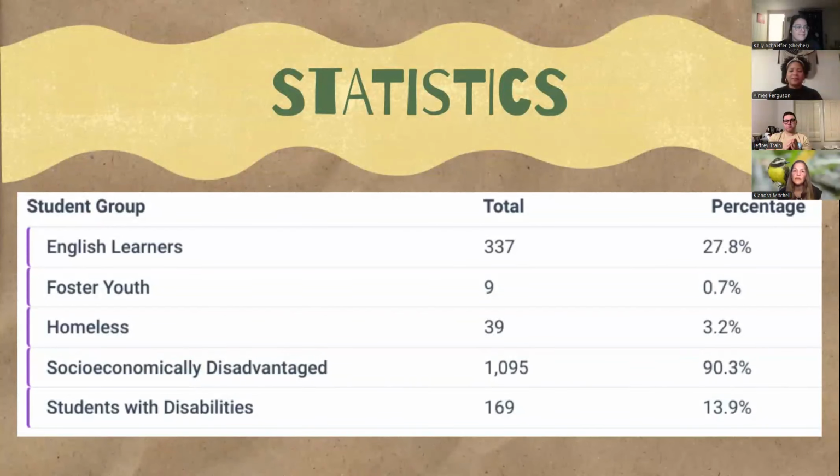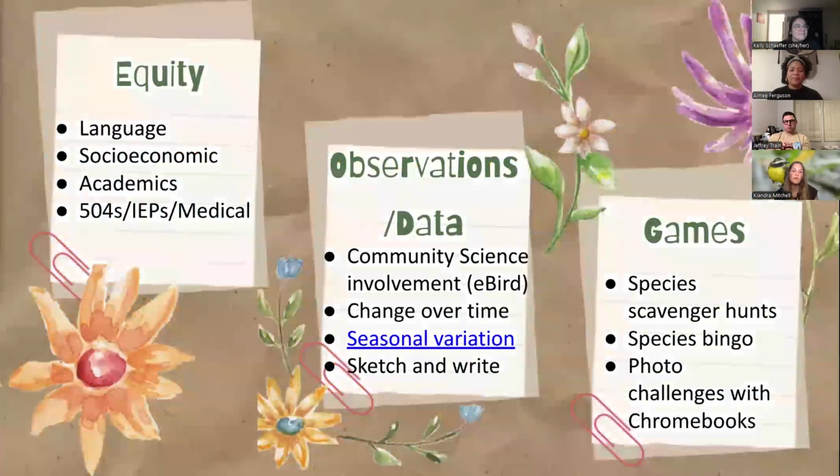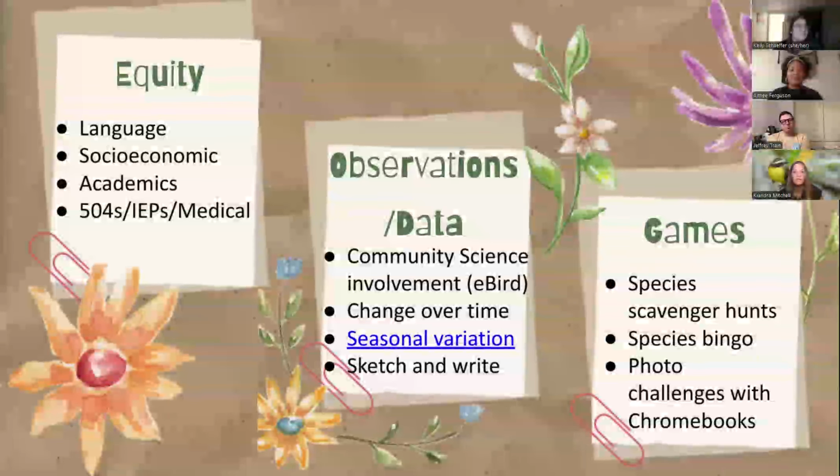So it's a very, very diverse group. The students who are considered English learners are the ones who are very much still learning English. And then we have many more who have been redesignated as English proficient. What I have found with outdoor education, both taking my students birding, which we do once a week on campus, and with my science students going outside for a variety of things, is looking at it from an equity lens.